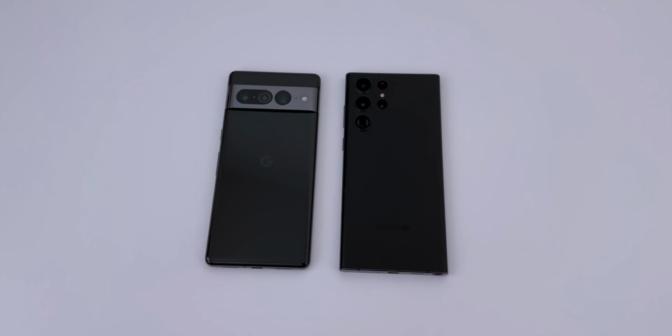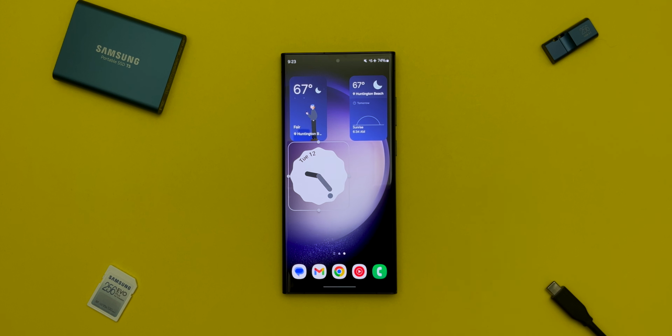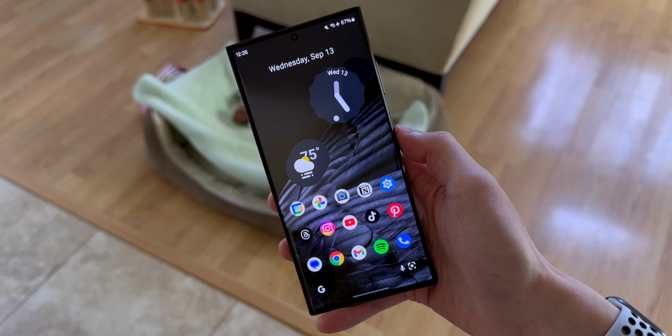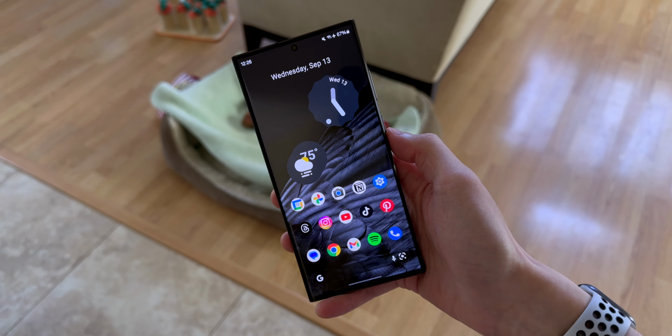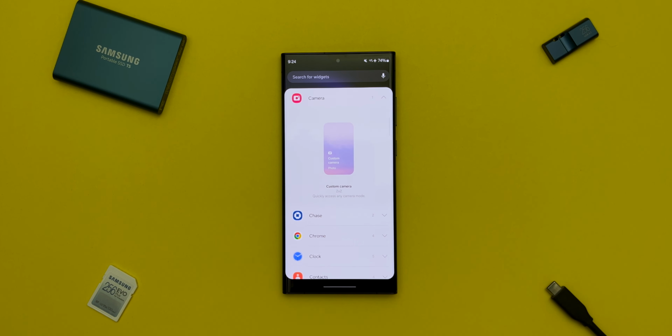If you see my previous videos, I mentioned I like Pixel software with Samsung hardware. So it's nice that I can use the stock clock widget here. And if you're wondering, this Pixel weather widget is from the Play Store. Now the Galaxy S23 Ultra looks like a Pixel. The weather and clock widgets are cool and all, but the most useful one is probably the camera widget.